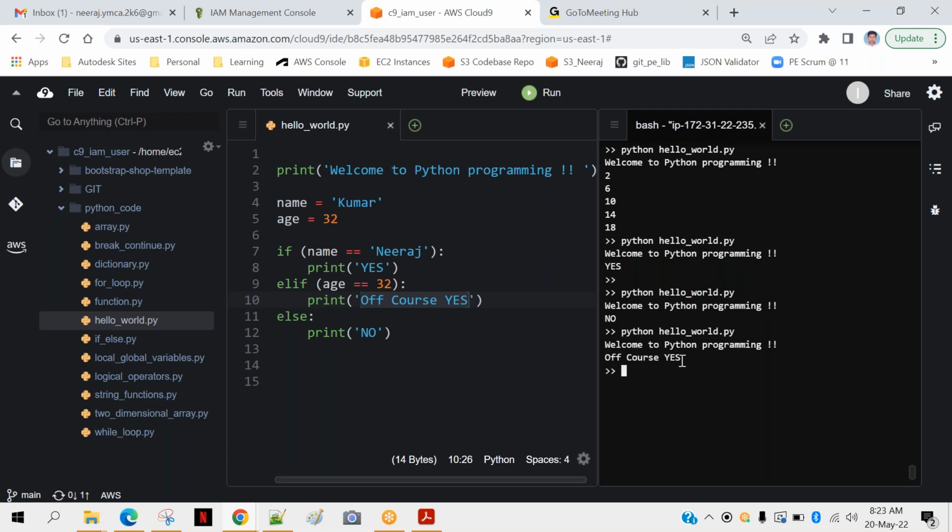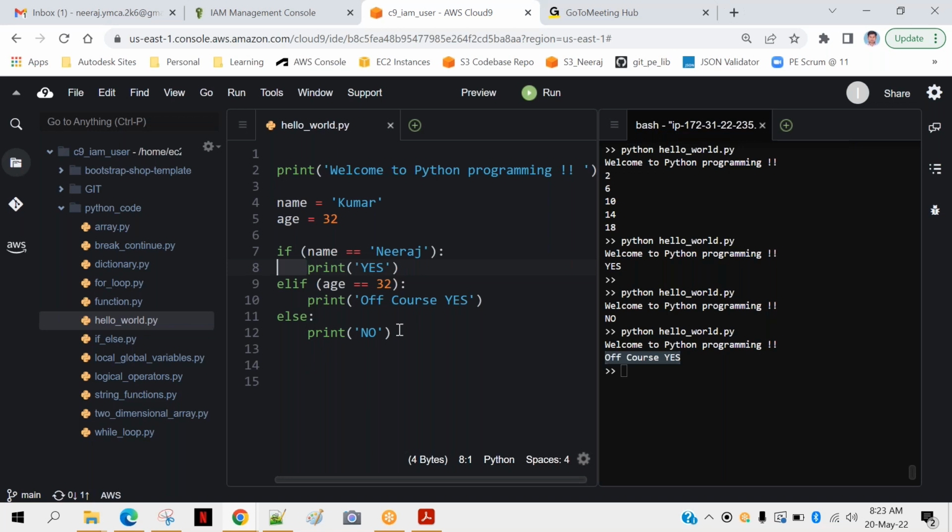And you can see this. Of course, yes. So this is a very simple concept. I know that it's very basic, but we should be very much clear about if, else, all these things. It's very, very important to do that. And Python is completely driven by your indentation. It's very important to provide proper indentation. If you provide something out of indentation, that won't be part of your else section.